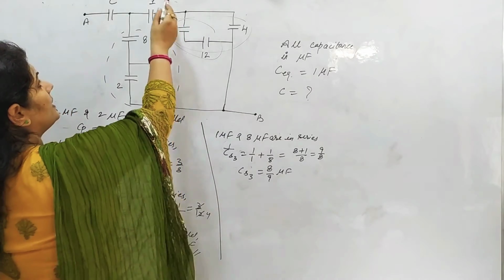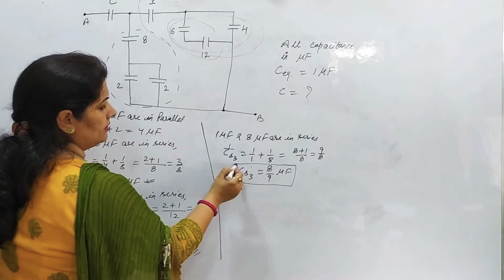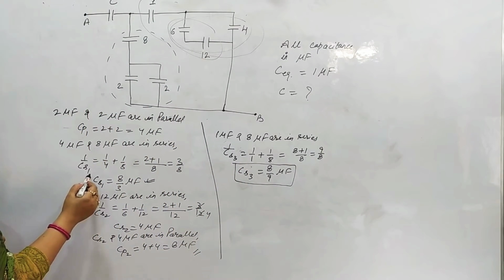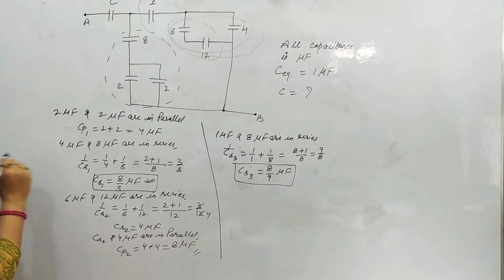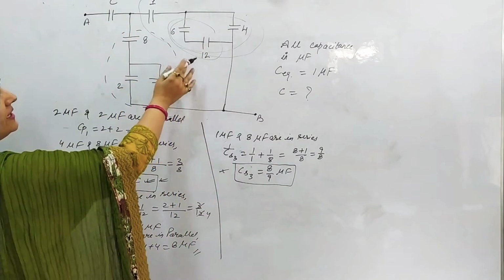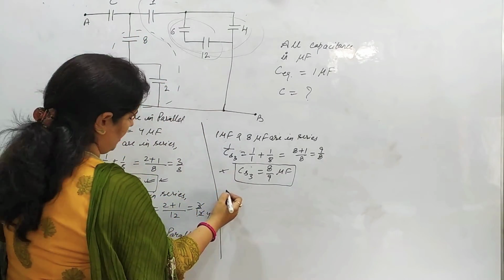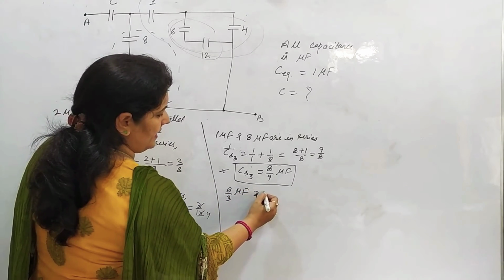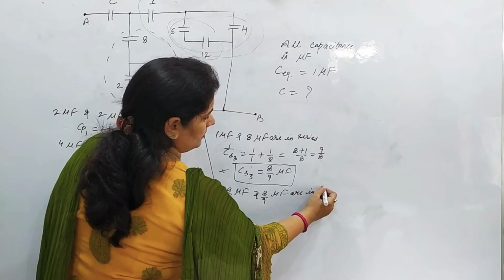Now ये सारा सॉल्व होके आ गया 8 by 9 and ये सारा सॉल्व होके आ गया था, फर्स्ट पार्ट ये आ गया था, राइट. Now this and this, ये सारे का आंसर एंड ये सारे का आंसर will be in parallel because charge is getting divided, left hand and right hand are meeting. Now we will write 8/3 microfarad and 8/9 microfarad are in parallel.